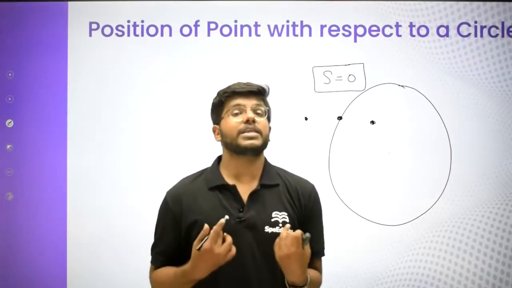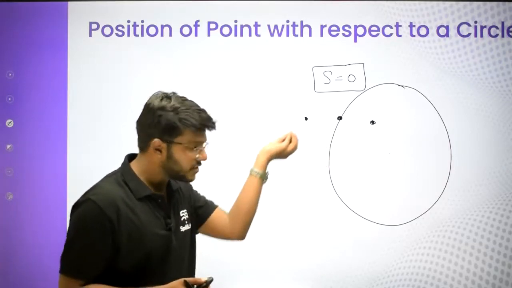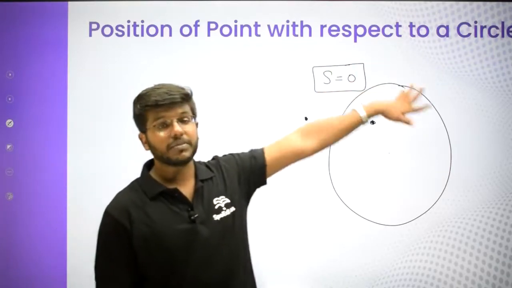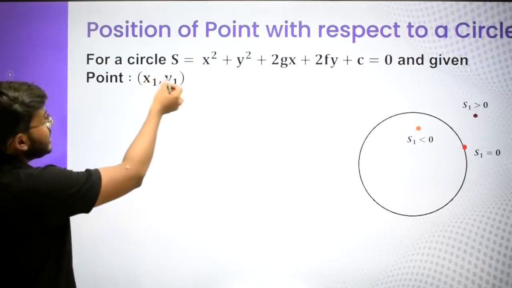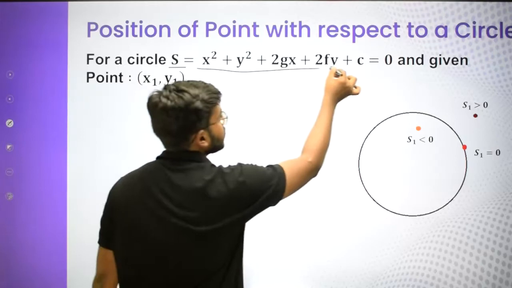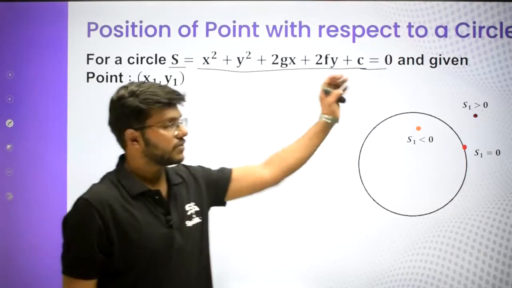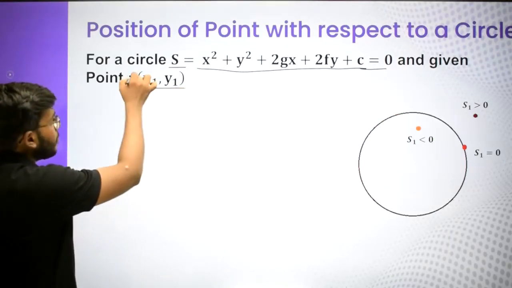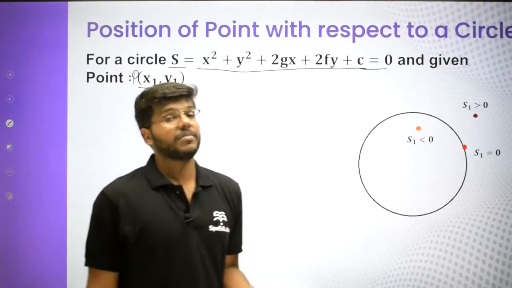So what will be the condition? Can we identify when a point is going to lie inside and when it's going to lie outside? So yes, we can identify that, and that concept is simply known as position of a point with respect to a circle. So guys, let's suppose the equation of circle is this: S = x square plus y square plus 2gx plus 2fy plus c equal to 0, right? Your general equation of circle, and given point is (x1, y1). ठीक है, इस पॉइंट को हमने क्या मान लिया? P(x1, y1) मान लिया गाइज.